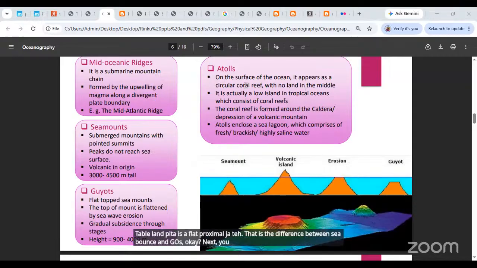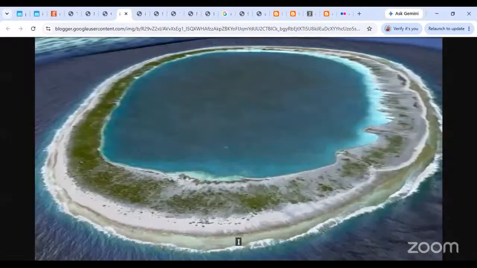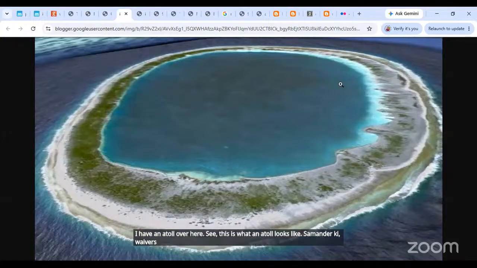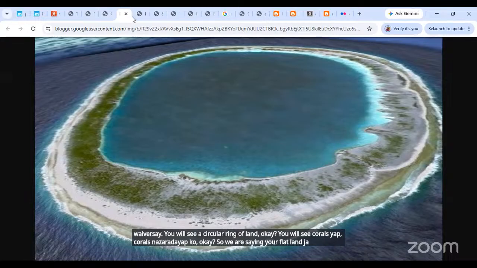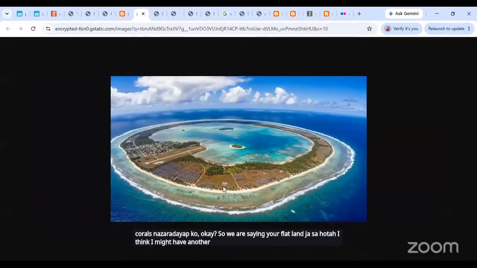Okay, next you go to, last minor feature is going to be an atoll. Okay, I have an atoll over here. See, this is what an atoll looks like. समुंदर के ऊपर वो ऐसा दिखाई देता है। You will see a circular ring of land. Okay, ये उसके कोरल्स है, आपको जो शाइन करते हुए नजर आ रहे हैं ना, वो शायद कोरल्स नजर आ रहे हैं आपको। ओके, सो वी आर सेइंग ये फ्लैट लैंड जैसा होता है। आई थिंक आई माइट हैव अनदर, हाँ, दिस इज अ फार बेटर वे ऑफ लुकिंग एट इट।